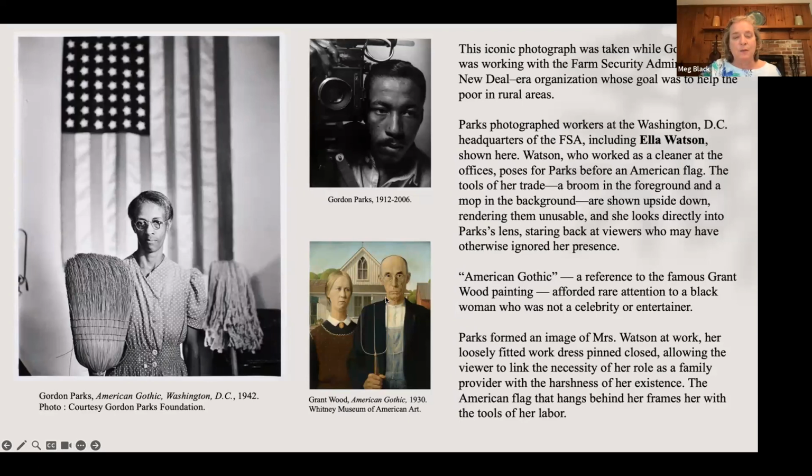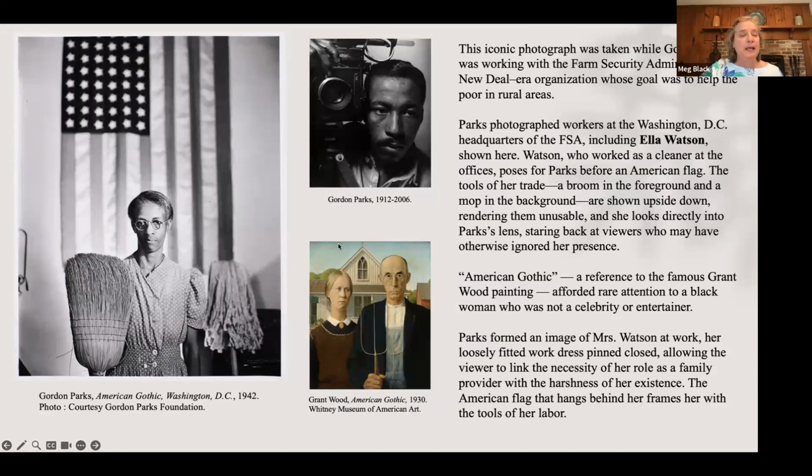And you just wonder, wow, if you're a dentist, you might want to smile and advertise your wares a little bit better, buddy. But yeah, this is his daughter, and the model for this is actually Grant Wood's younger sister. So it's kind of interesting, because you always think it's the husband and wife. It's now in the Whitney Museum of American Art, but at the time it was actually in the Chicago Art Institute, which is why Gordon Parks was so familiar with this painting.